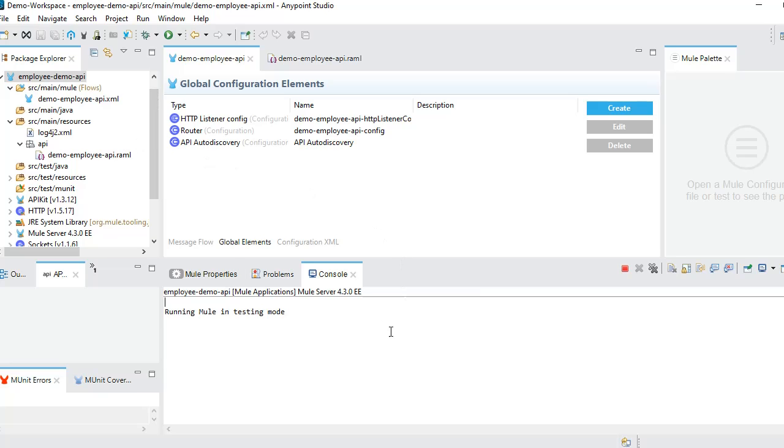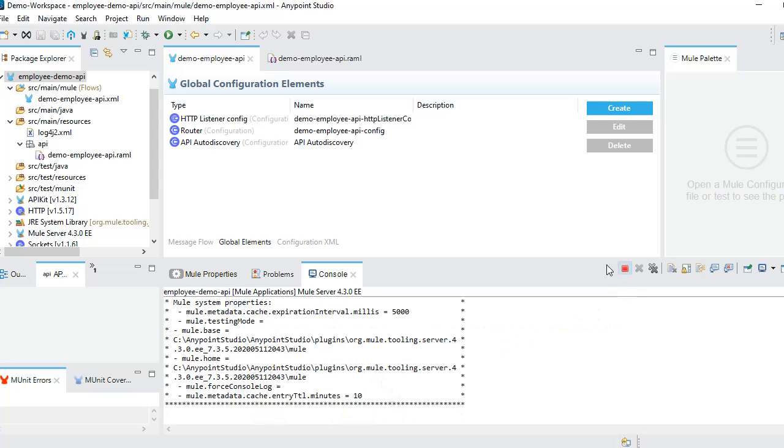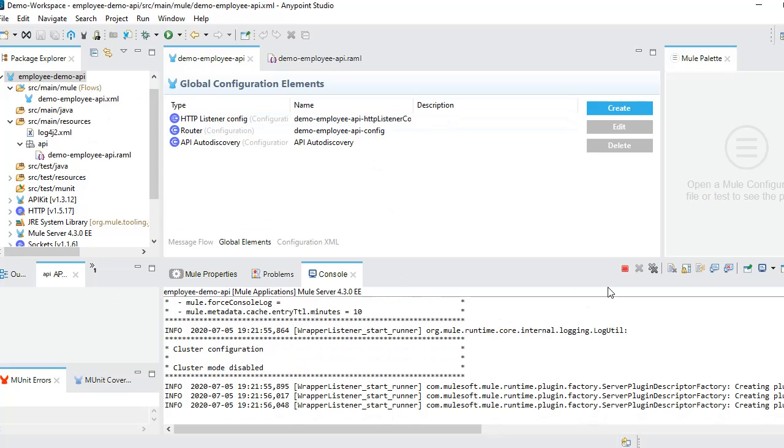This is actually deploying the application in my local. Once this is done, we need to stop this local server, and then we can deploy it into Cloud Hub directly.